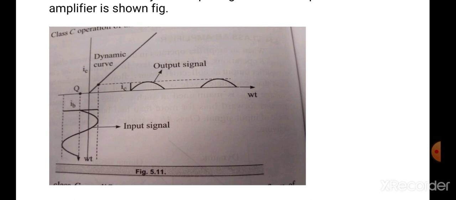In a Class C amplifier, the output current is in the form of pulses and it contains a number of harmonics. Class C amplifiers are used for high power output, from which the harmonic components of the current can be eliminated and the fundamental component is retained. The power output and efficiency of a Class C amplifier are higher than those of the Class A and Class AB amplifiers. It is mostly used